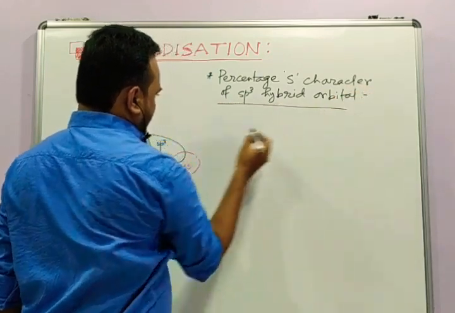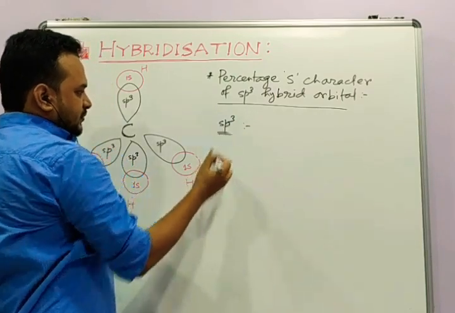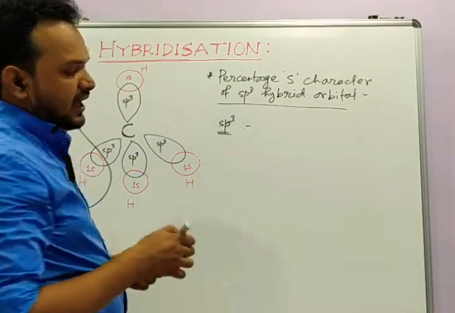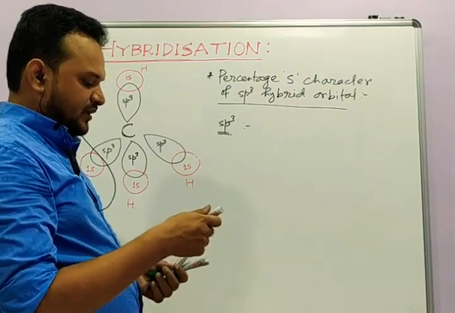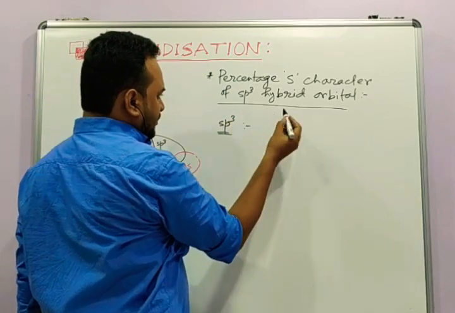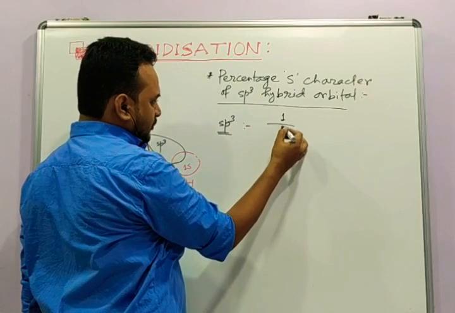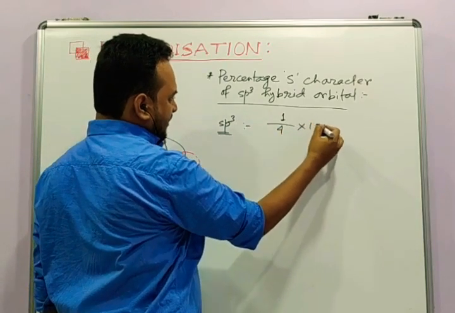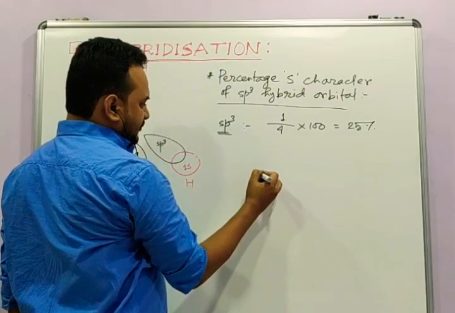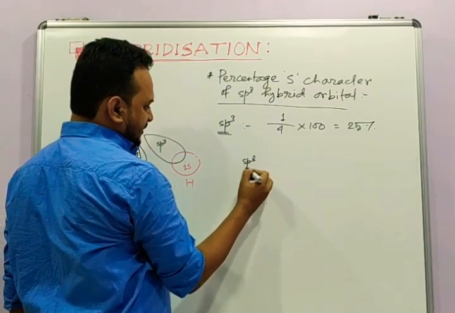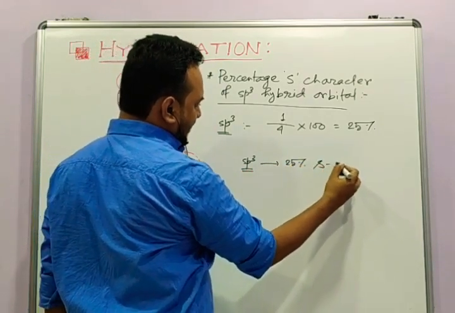If you take one sp3 hybrid orbital, the contribution of s is 1/4, because in the hybridization one s orbital participated and 3 p orbitals participated. So the contribution of s is 1 part out of a total of 1 plus 3, 4 parts, and we are calculating percentage, so multiplying by 100, it is 25%. That is, if you have an sp3 hybrid orbital, it has 25% of s orbital character,